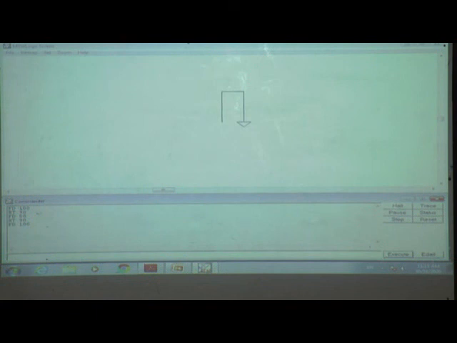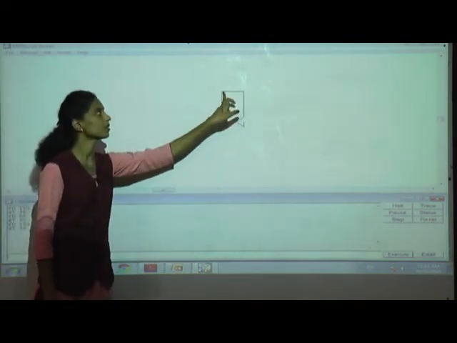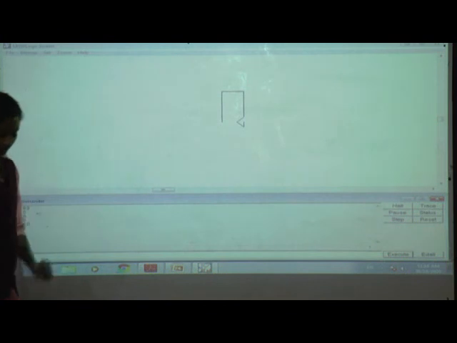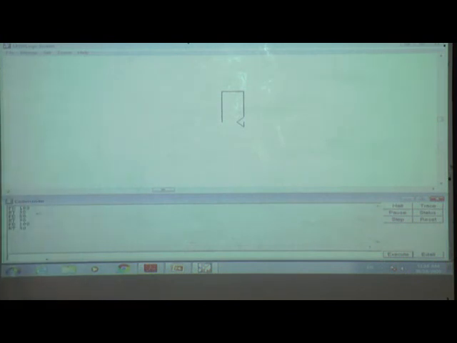Then we have to go to the right side. We will write one more time RT 90. Then enter. Then how many FD is the upper side? How many is this number? Yes, 50. Then we will write FD 50.